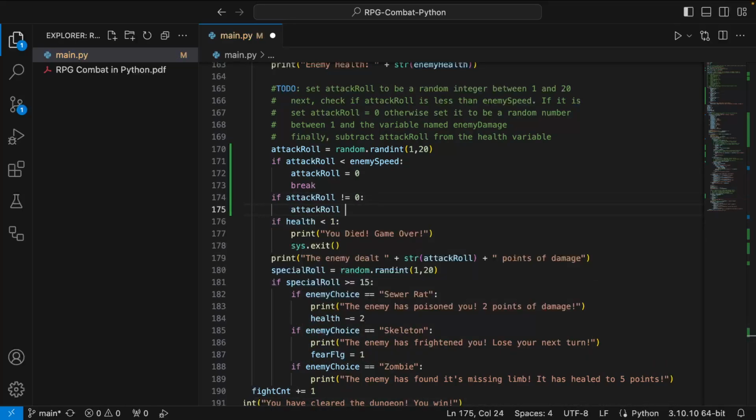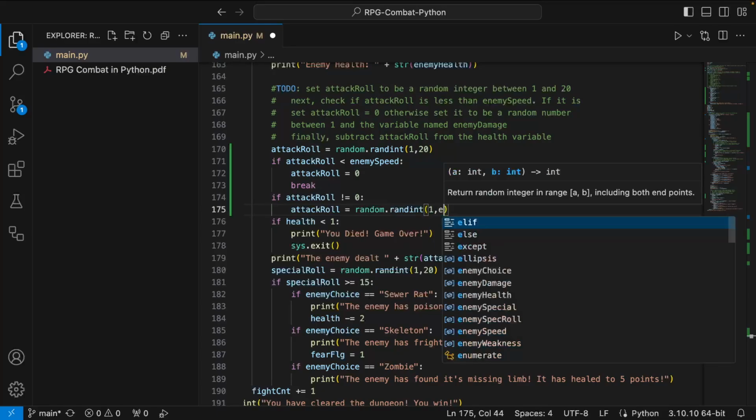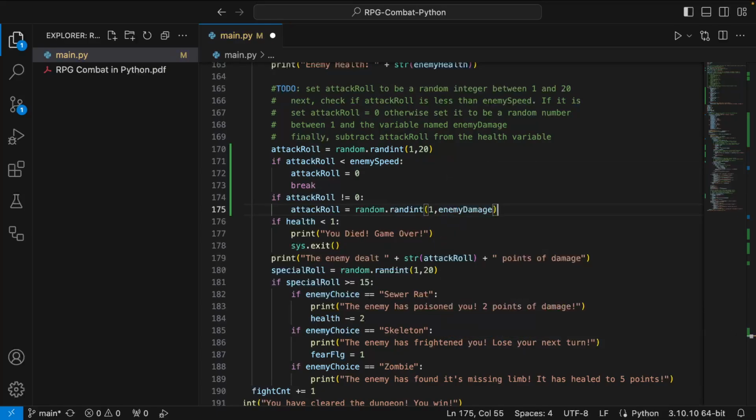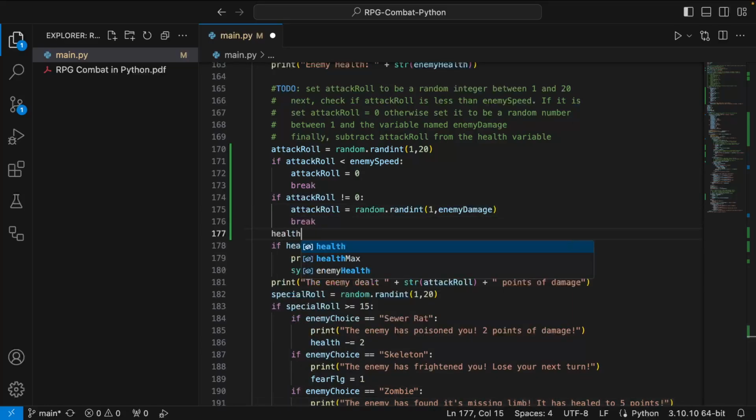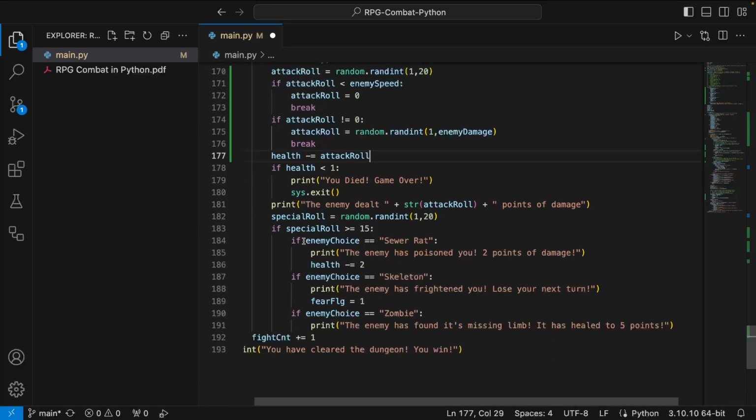Attack roll is equal to random.randint between 1 and enemy damage. Break. Health minus equals attack roll. So now I'm taking that attack roll and subtracting it from our health because they hit us, right? And then this is just the game over logic.